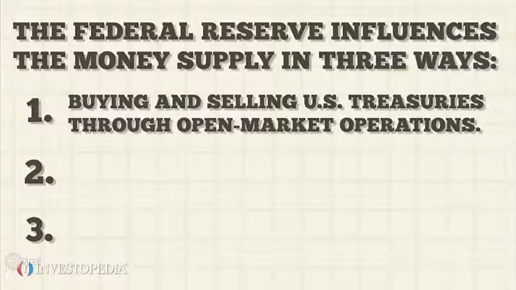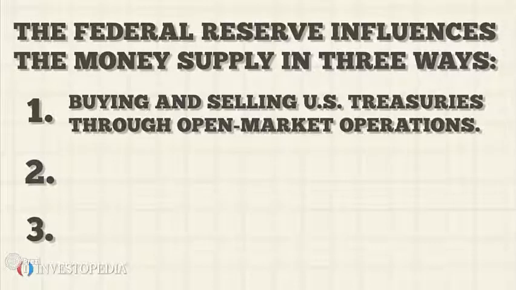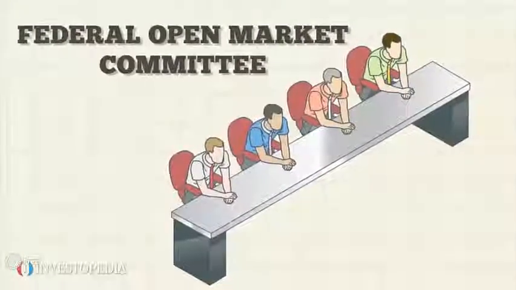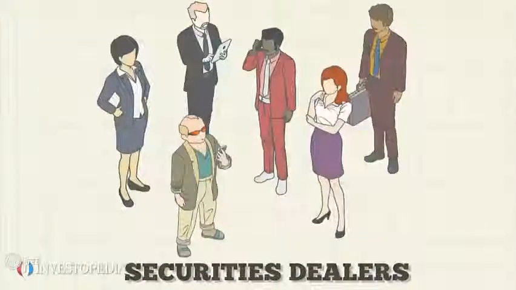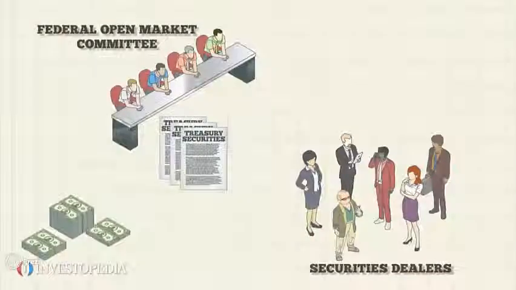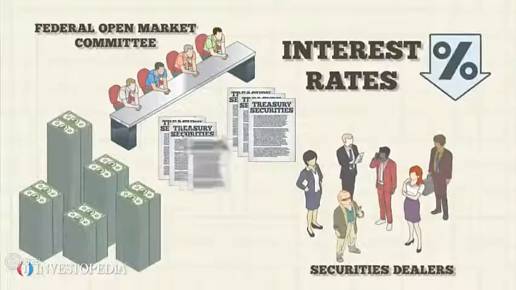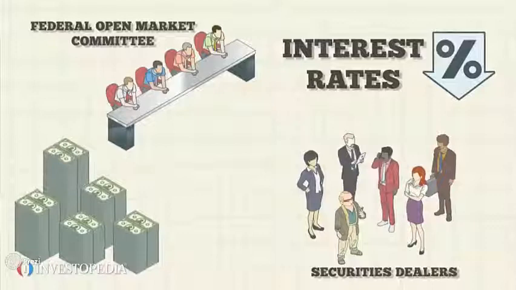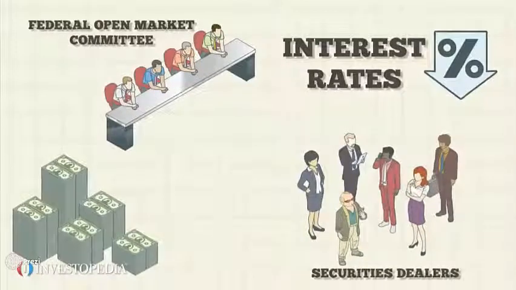1. Buying and selling U.S. Treasuries through open market operations. When the Federal Open Market Committee buys Treasuries from securities dealers in the market, it increases the money supply and thus lowers interest rates. Selling Treasuries to securities dealers takes money out of circulation, decreases the money supply, and raises